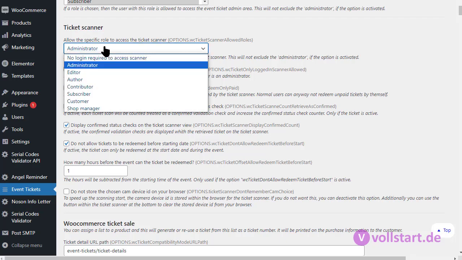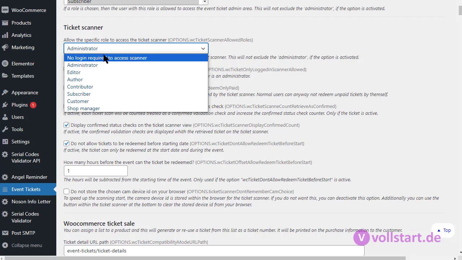You can shut down the ticket scanner. The URL is almost always the same. You can change this. I'll show you this later. But the default installation is always the same URL. So somebody can jump on the ticket scanner. But is there really something important? So the only harm that could be done is somebody is redeeming tickets and they are not valid anymore. If this is a big thing, I'm not really sure.